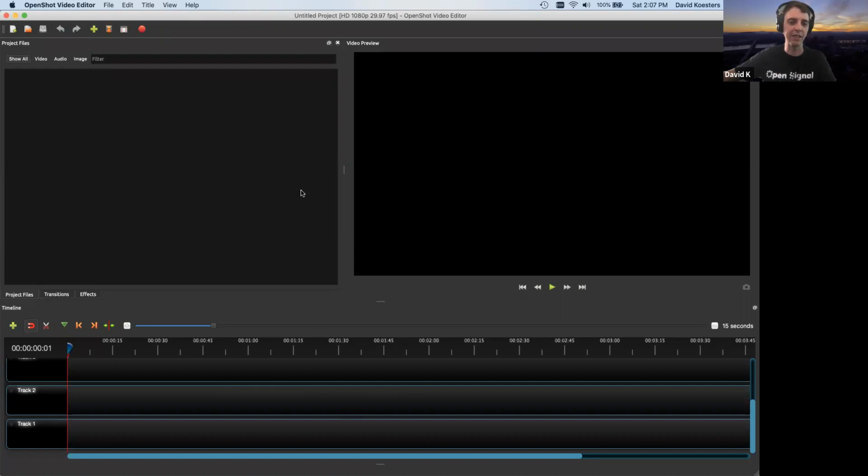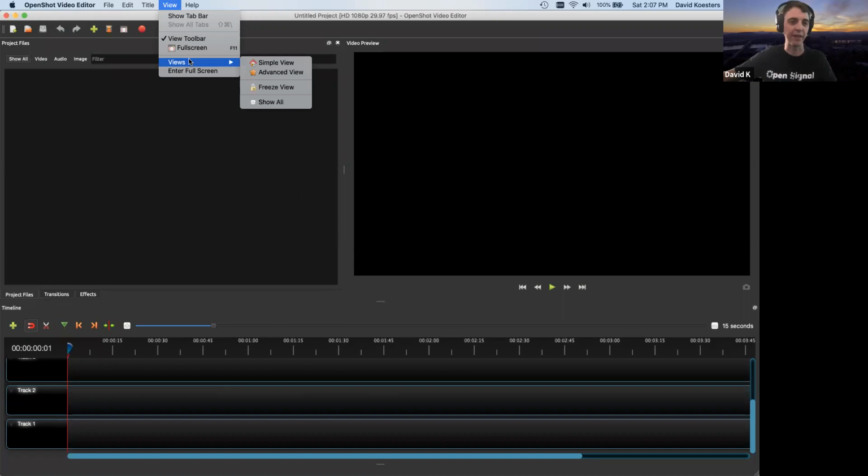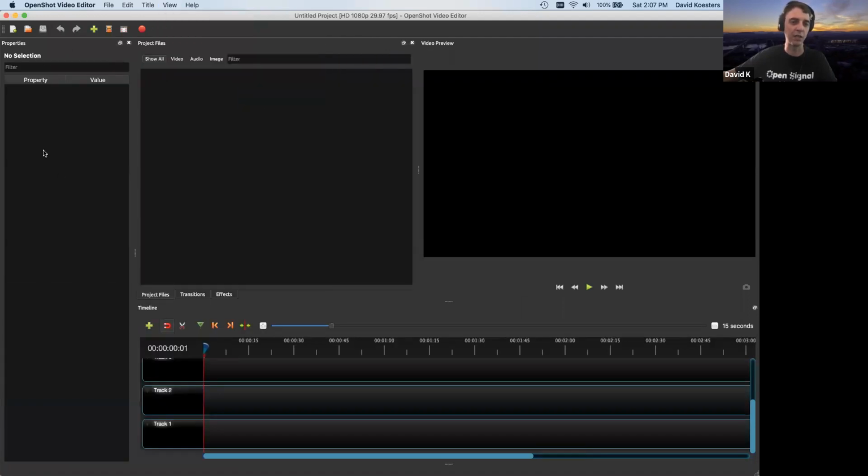So the layout, we have these little quadrants, how it's broken up. You can change the view, and I like to do this, at least for this program, because I like to see the effects and things and be able to manipulate stuff as I put it on. So I actually go to the show all view, which will add a little column here to the left called properties. And what this does is, when you import a file into the timeline, all its properties will show up. They'll let you adjust it and whatnot, which I will show you as soon as we get